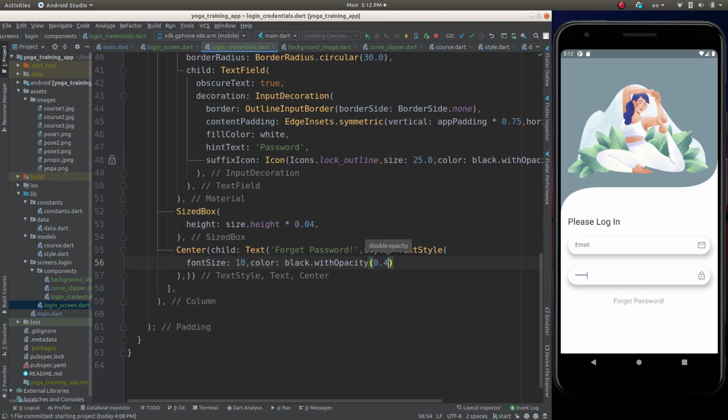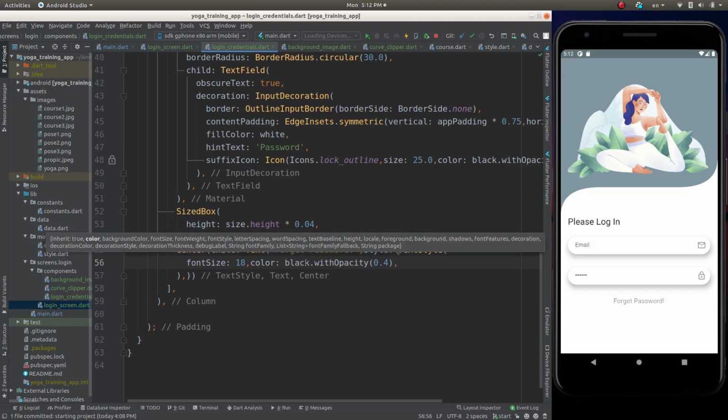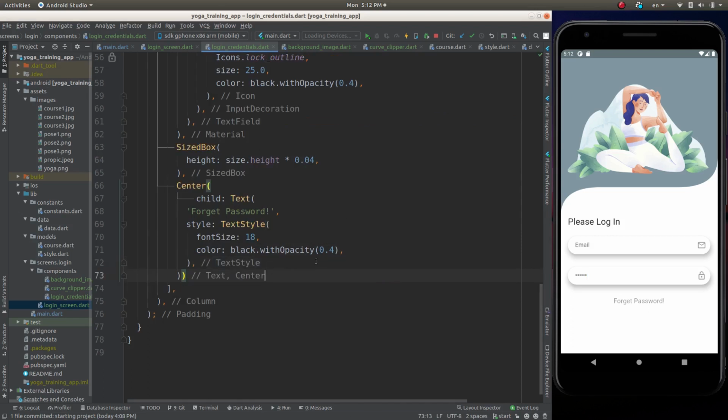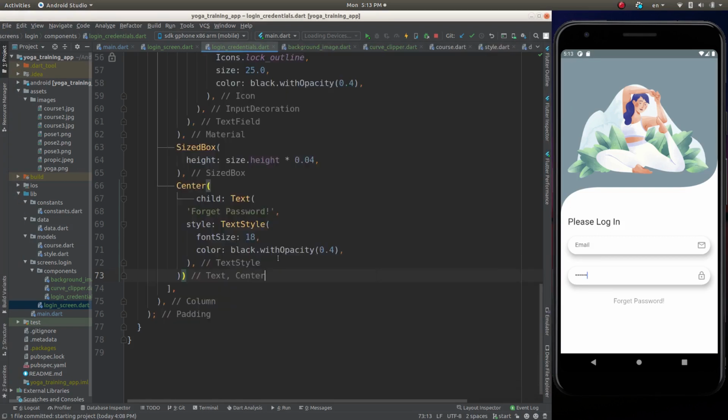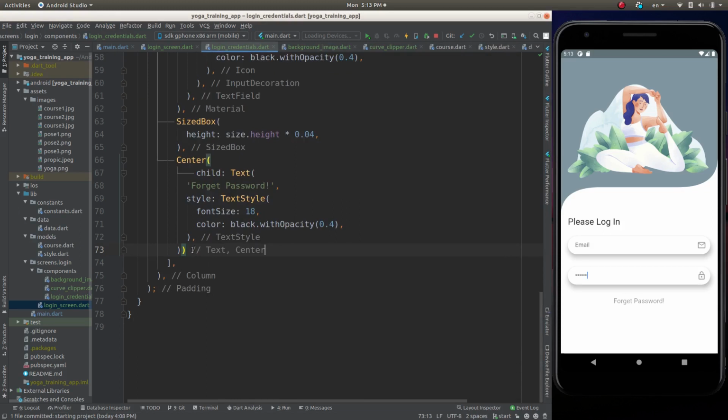Okay. Next, let us create the button, this login button. For that,